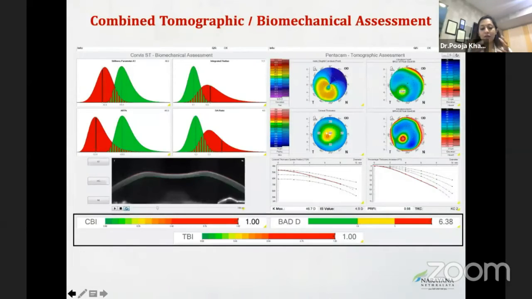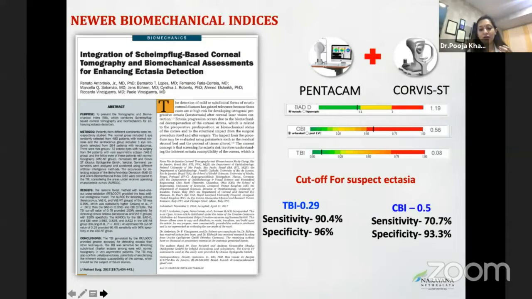Then there is BAD-D, which we all know. From the combination of BAD-D and the Corvis biomechanical index, you get the total biomechanical index, which is even more reliable. For the total biomechanical index, anything less than 0.29 is normal, 0.29 to 0.5 is suspicious, and above 0.5 is abnormal. So these are the values we keep in mind while choosing our cases to decide whether to do